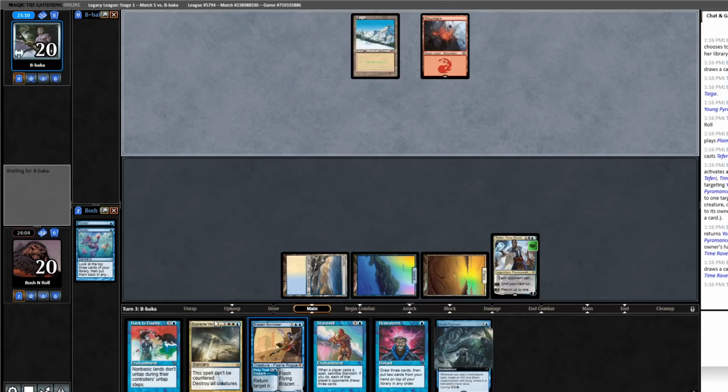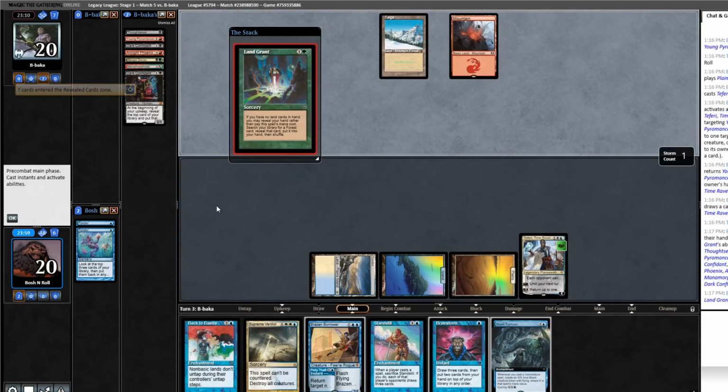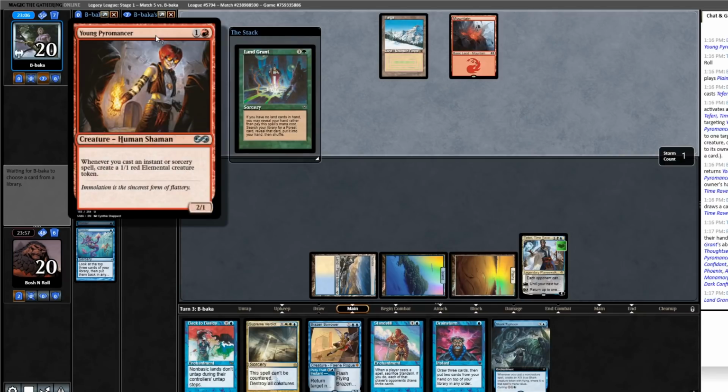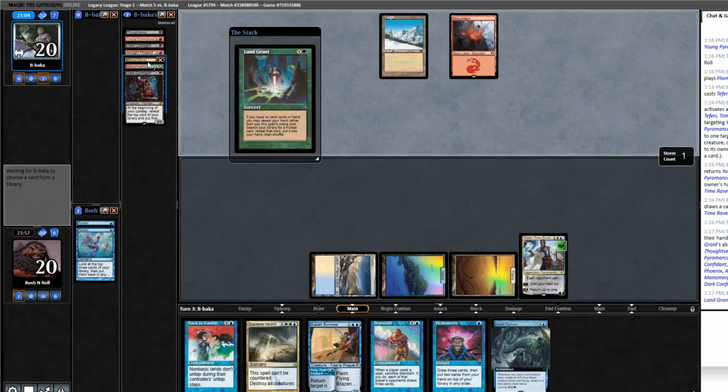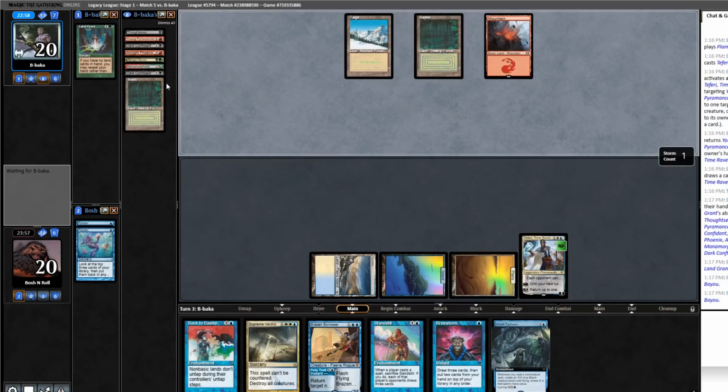This Brainstorm needs to fix this hand. I want to get rid of the Back to Basics. Ooh, Land Grant. So are you a Phoenix deck? What are you doing? You are a Phoenix deck. Okay, so Abrupt Decay, Dark Confidant, Young Pyromancer, Thoughtseize. So they'd have to Thoughtseize themselves to get Phoenix into play this turn, which is not the worst thing I've ever heard of. But